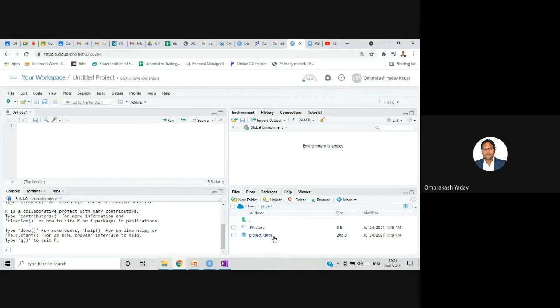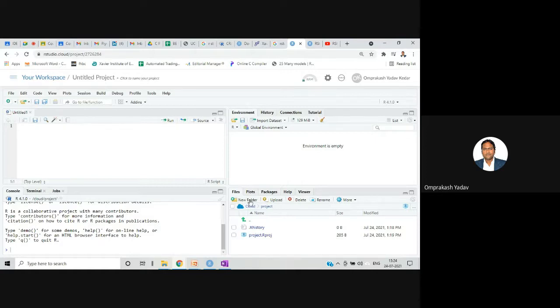The third window, where we can see our files, is called the files and plot window. If you see here, there are 2 tabs, files and plot. Even the packages are there, from which we can install different packages, right? This R language is fully loaded with different packages. Whenever you require any functionality, you should just be aware of which package you will get that functionality in. You can just install that package and your job is done, right? Most of the work will become easier if you install that particular package. So lots of packages are there, and every day new packages keep on coming. So this is the files and plot window.